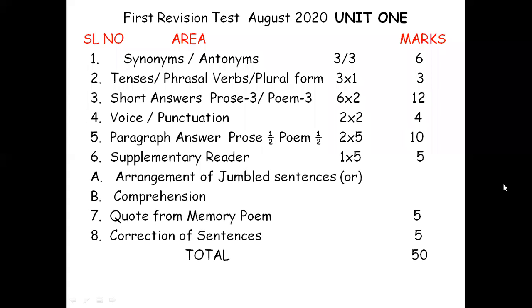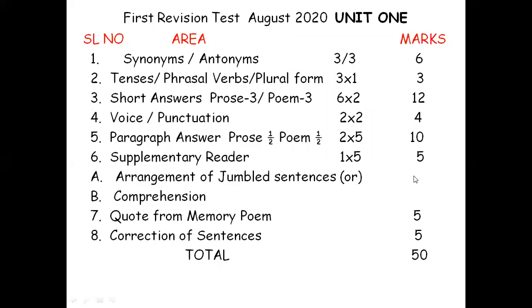You can just see the first question, synonyms and antonyms. Usually in the normal paper, 14 items will be there, 14 one-mark questions. But here we are going to have only 9 marks. That is synonyms 3 and antonyms 3. All synonyms and antonyms are taken from the first unit, His First Flight. Okay, so 6 marks.